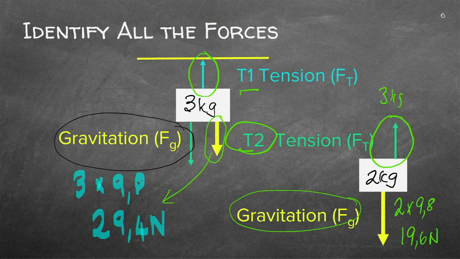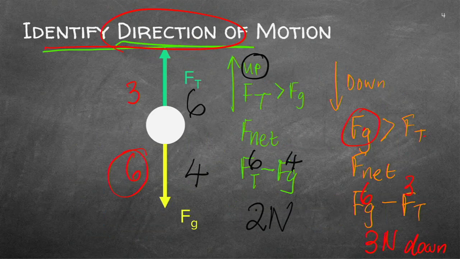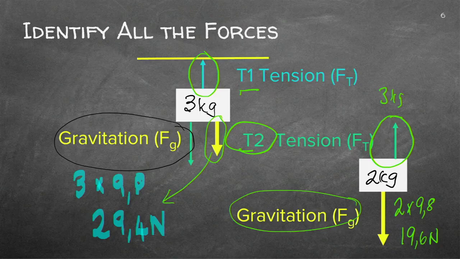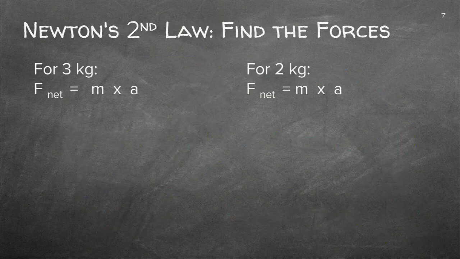Now going back to our first equation again, we remember we are busy with Newton's second law. We took this diagram and we said if it's going up or down, we then know which one will be greater. Now we see we've got a 3 and a 2, and in this case it might not even be moving, it's just hanging there. So let's have a look.